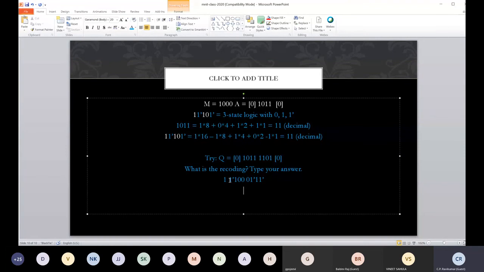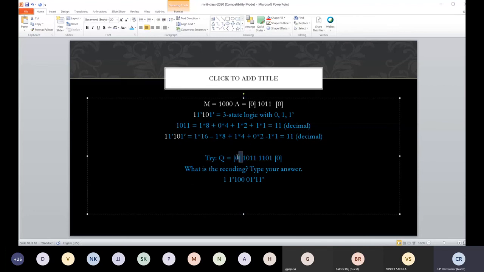My answer is 1 followed by 1 bar, 1 bar, 0, 0, 1 bar, 1, 0, 0, 1 bar. Just verify 1 bar 0 0. I think this is correct.